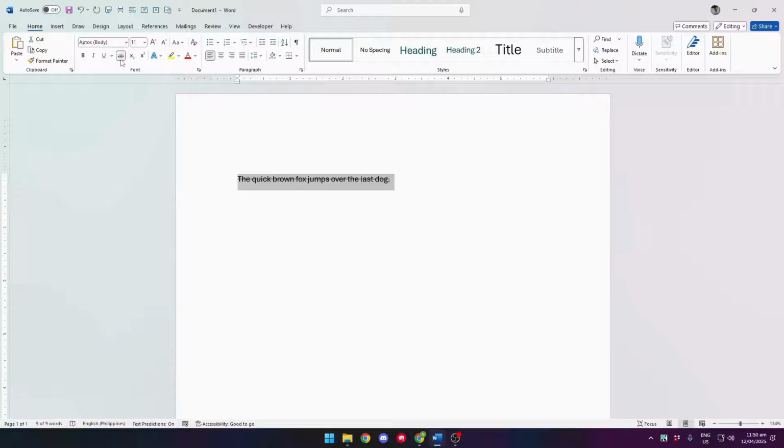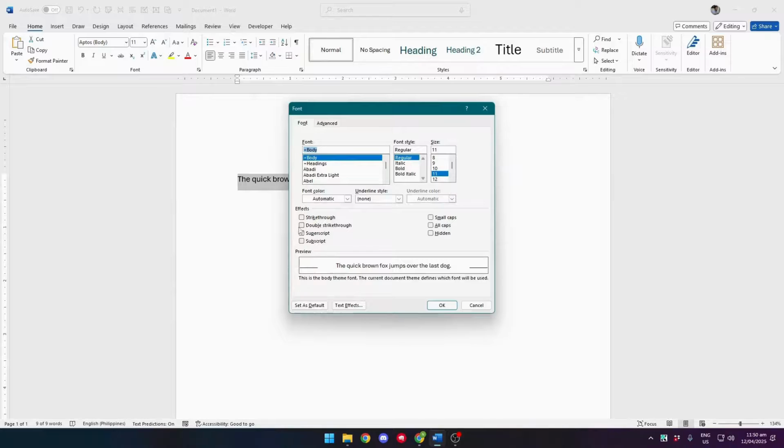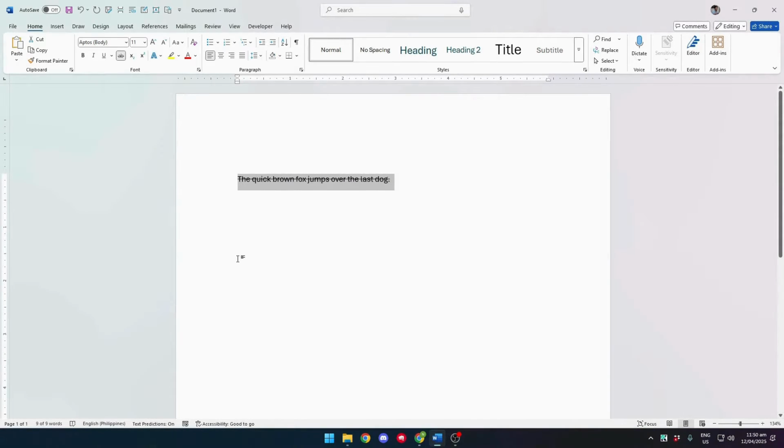Now, if this doesn't show up in your document, what you can also do is expand this entire font group by clicking on this icon right here at the bottom. And you can simply check the strike through box under the effect group. And you should also see the preview down here at the bottom. And to add that to your document, simply click on OK. And that should also add a strike